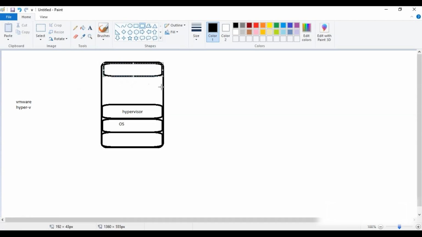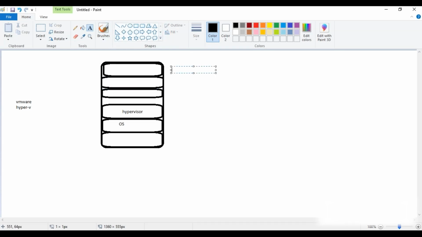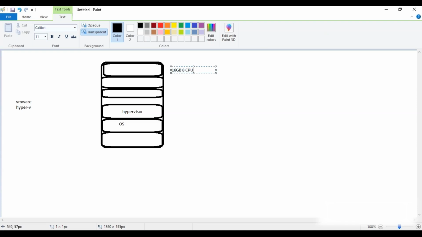How many resources you want, based on that you can create them, and later on we can also increase or decrease the resources. Maybe if I'm allocating 16 GB RAM and 8 CPUs to this machine, then I can decrease it if applications are not consuming the complete resources. Or if this machine is allocated 8 CPUs and 8 GB RAM, and it's performing very slowly because the RAM is fully occupied, then we can increase it. So whatever resources this machine contains, we are going to use them in an efficient way. No need to waste any resources.